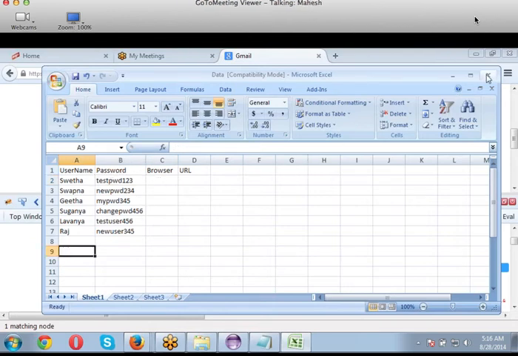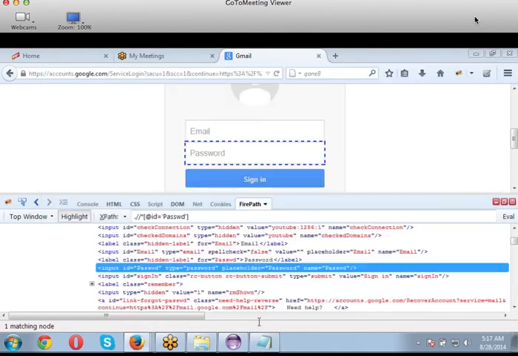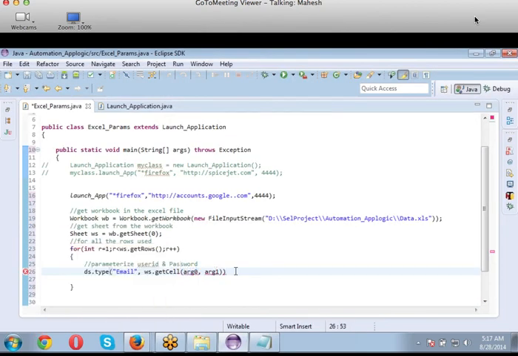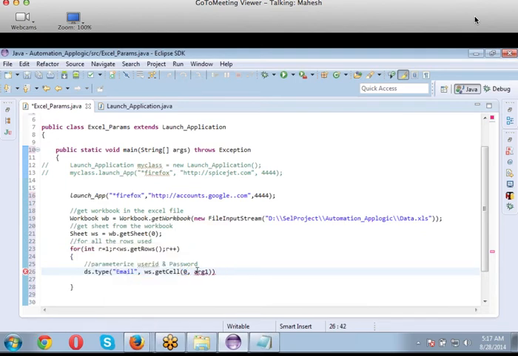Sure. Let's go back. Let's close this. Now here I want to parameterize along with the instances. I have my R, which is getting iterated to the maximum number of rows. So the first thing here is I want to read my column. The column is 0th column. Row will be 1 here. But as I am having an R iteration, I remove 1 and place R there. Okay? Got it? Yes, Mahesh.